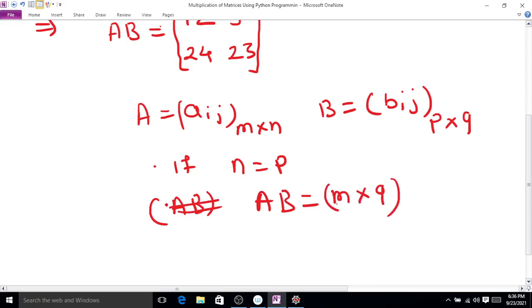This m by q is the order of the new matrix. Now, consider one more example.